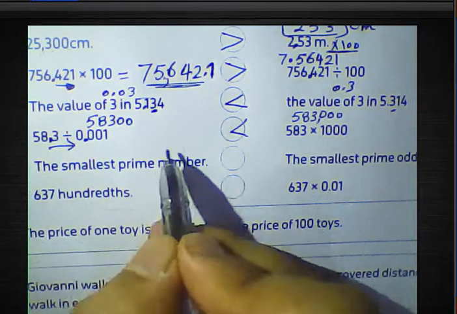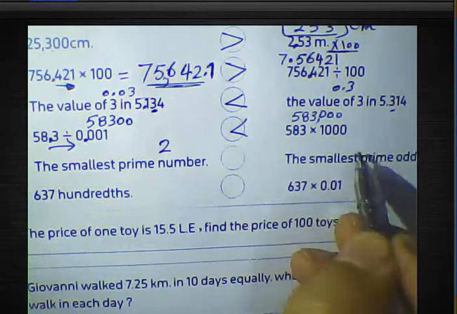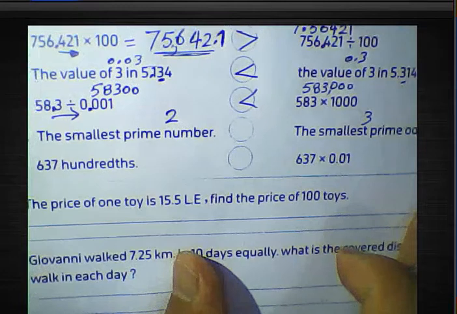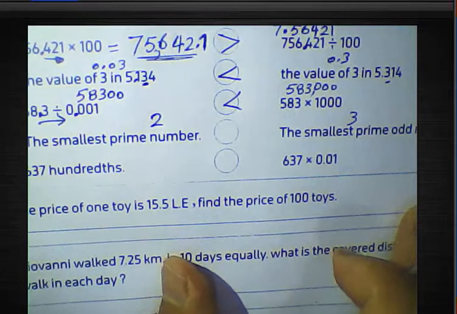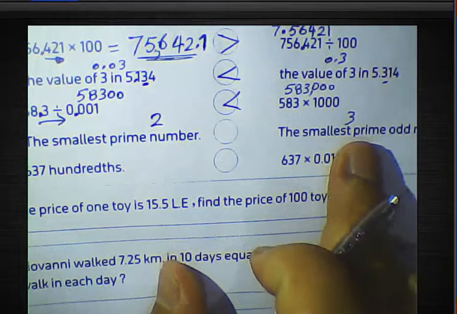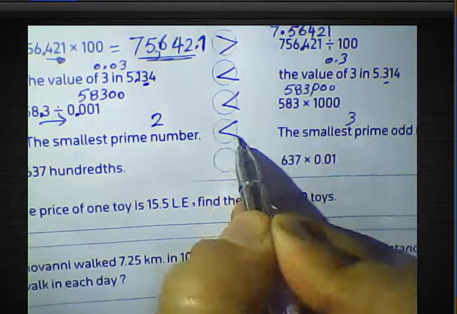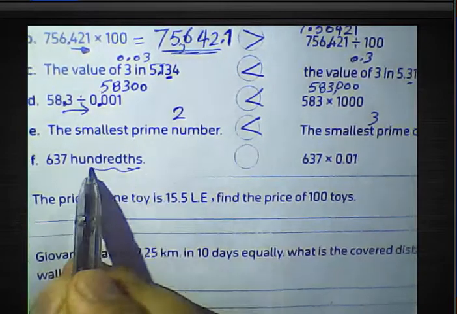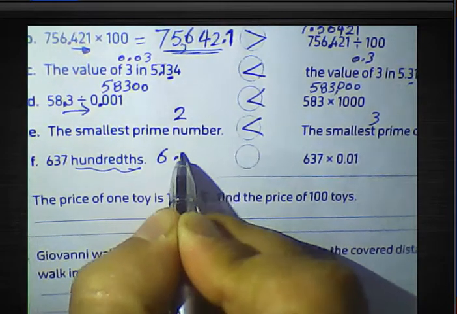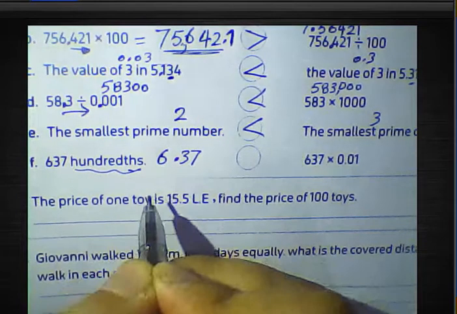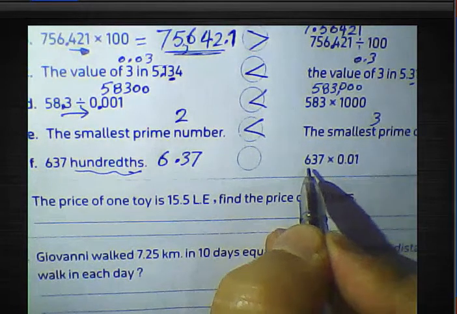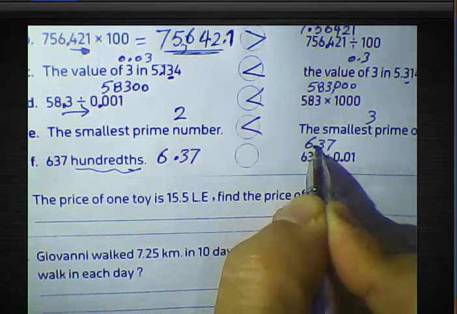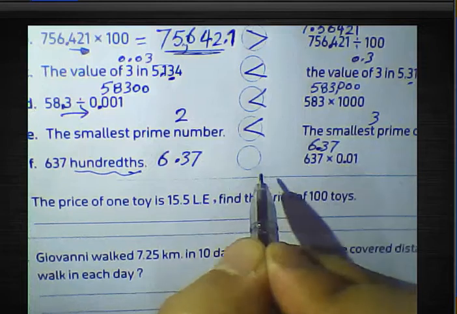The smallest prime number is 2. The smallest odd prime number is 3. Which is more? The smallest odd prime number will be greater than. And what about 637? It means 6.37. We must put the point after 2 digits. And this number, 637 multiplied by 0.01, will be 637, and the point will be after 2 digits. It will be equal to